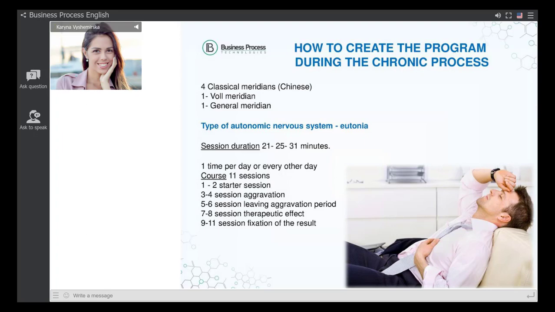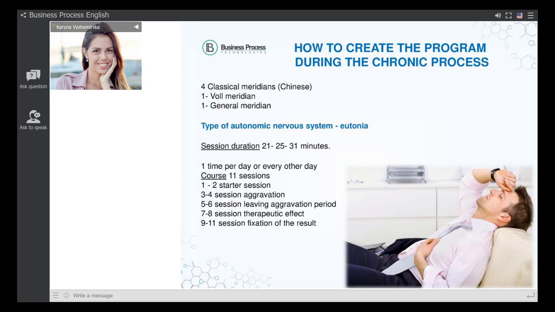In this case, we need to pay attention also to what type of vegetative nervous system the person has. As I showed you in the video, you need to go to general conditions of systems and find the type of nervous system of the person. In this case, we use 4 classical meridians, 1 full meridian and 1 general. Or we can do, as I told you before, 1 full, 1 general and 3 classical at the moment until we have the restriction. If the type of nervous system of the person is eutonia, we can have 3